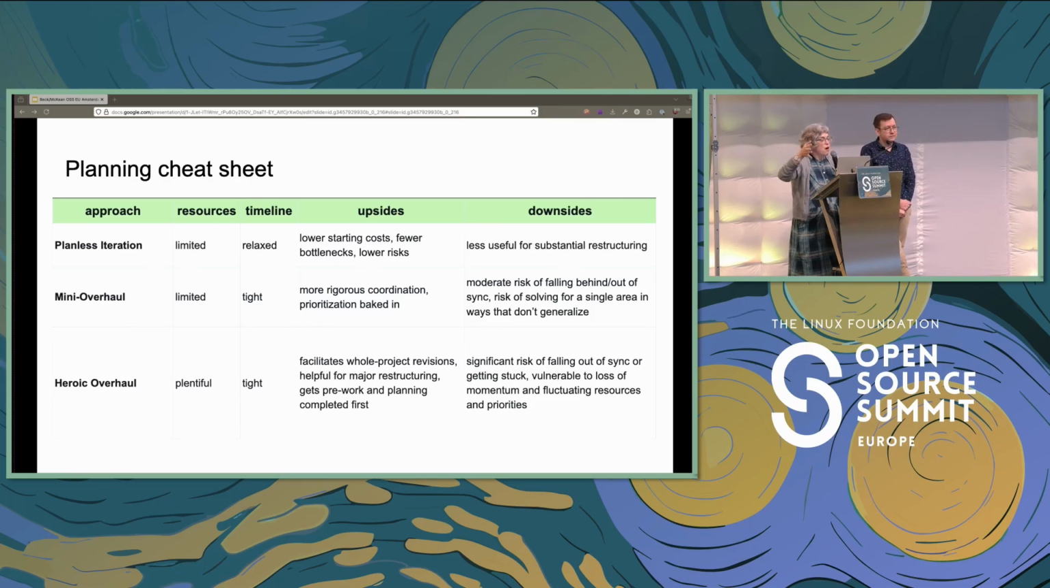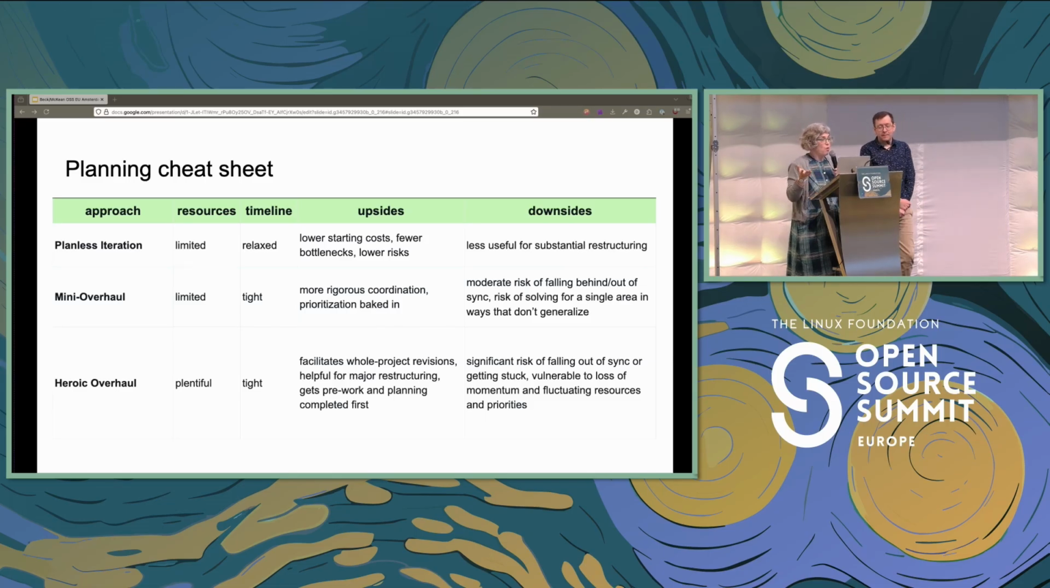A mini overhaul has more rigorous coordination because you're going to pick something that's got prioritization baked in, but there's a moderate risk of falling out of sync with something else in the project. While you're overhauling over here, things might be changing significantly over there. And you might solve a problem in a single area in a way that doesn't generalize to the rest of your project. A heroic overhaul,